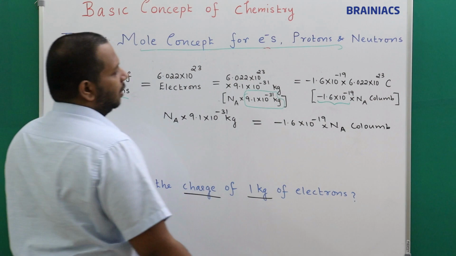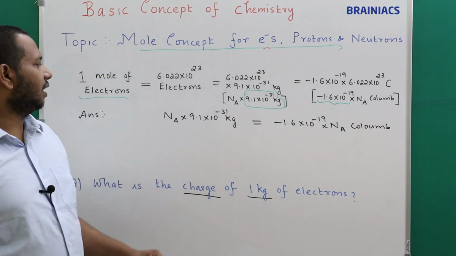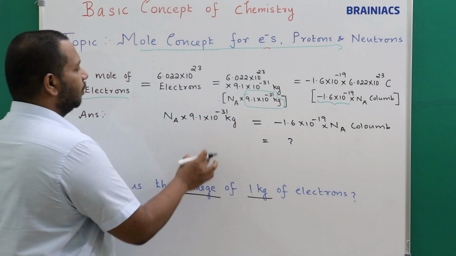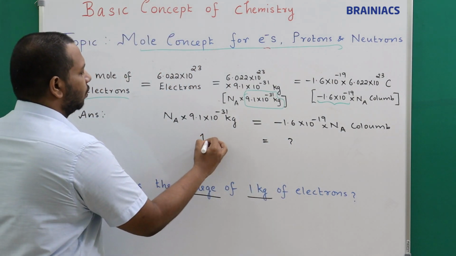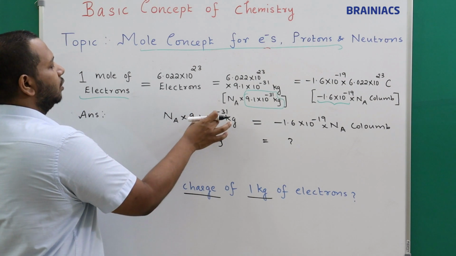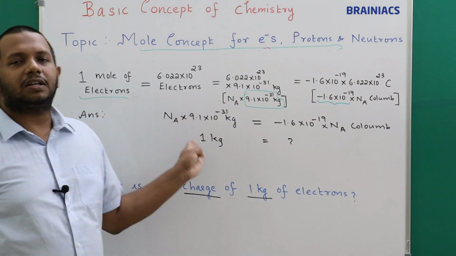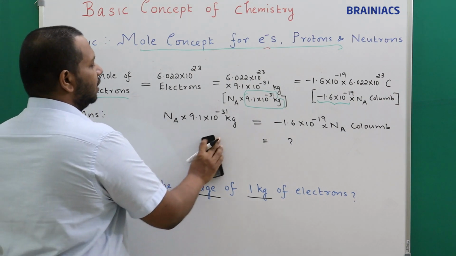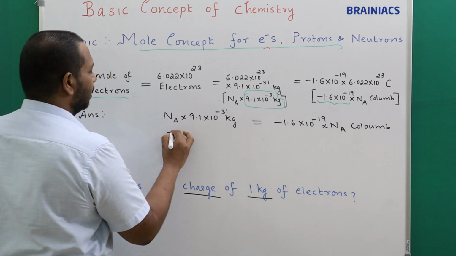Correct? Now, what are they asking? They are asking me the charge, so this side is a question mark. And what they have given is 1 kg. So 1 kg is what you need to convert to. You want to convert this to 1 kg. What do you need to do? Divide by the same number. So when you are dividing by the same number, that is divide by